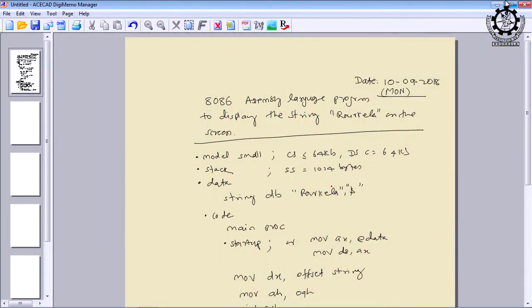Suppose you want to display the string Rourkela on the display screen, how to write the program. So, here string db stands for data bytes. I think I have already told you, this is an assembler directive. You can use db to assign a value to a variable, but here string is assigned the value Rourkela. Sorry, string is a variable, but the constant is Rourkela. And remember, you have to enclose it either in single quotes or double quotes, followed by a delimiter, that is the dollar symbol. Okay. Then the remaining area is the code area where the program is written.